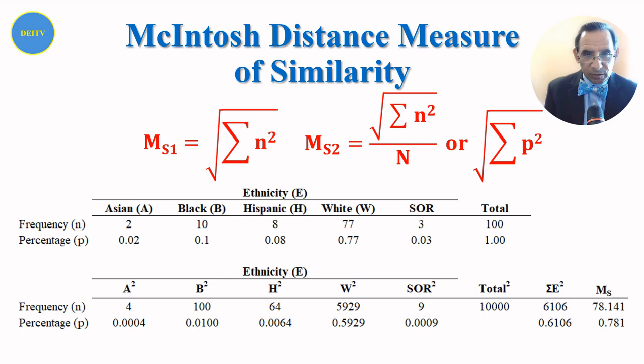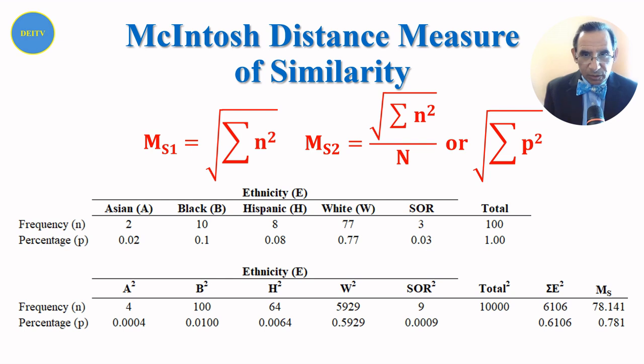For the number of black employees, it's going to be 10 times 10, that gives you 100. And then all the way through to some other race, which is 3 times 3, which gives you 6. You add those up, and that gives you 10,000. You take the square root of that, then that gives you